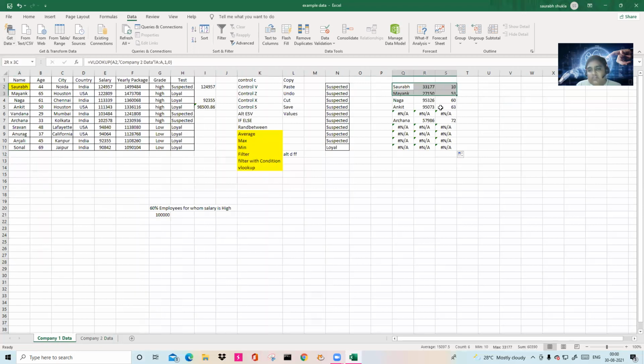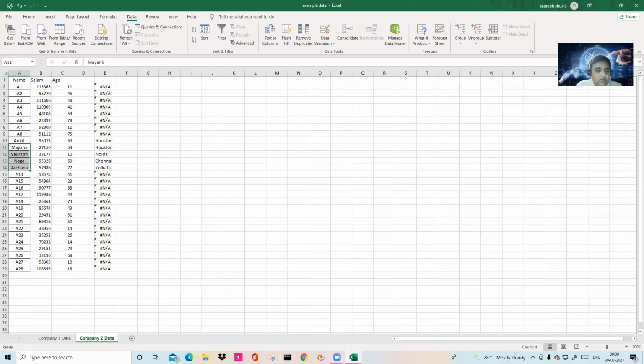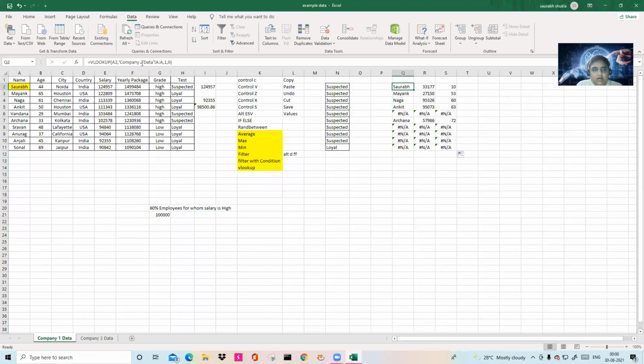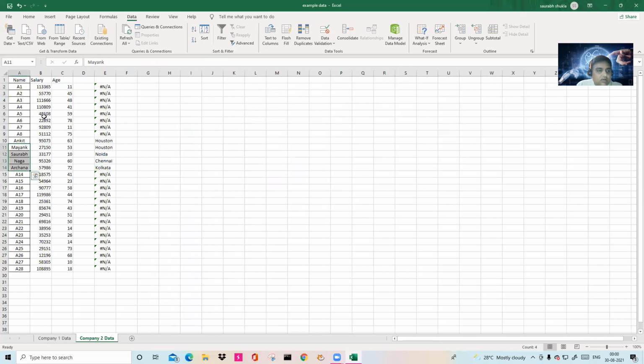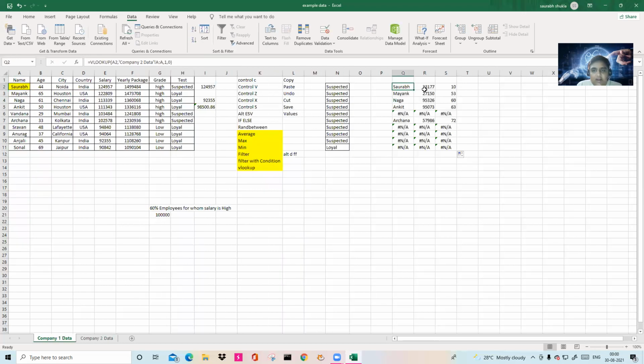So this VLOOKUP function is very important. We all have to learn it when we work on Excel. Just remember how to apply VLOOKUP: bracket open, which column you have to apply. Then you have to come to this particular part, select that particular column, and comma, which column you want. Let's say I want the salary and age, so I have to apply 2 and 3. If I want just the name, I will apply 1. Simple. So I will get that, okay, which data is present, which data is not present.